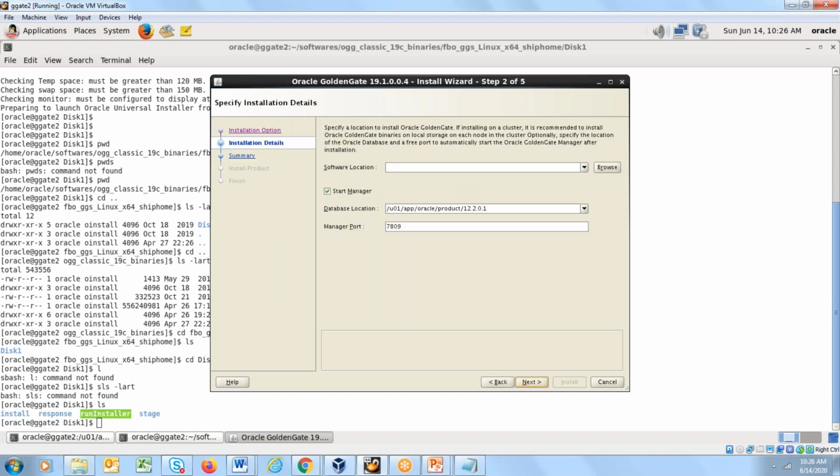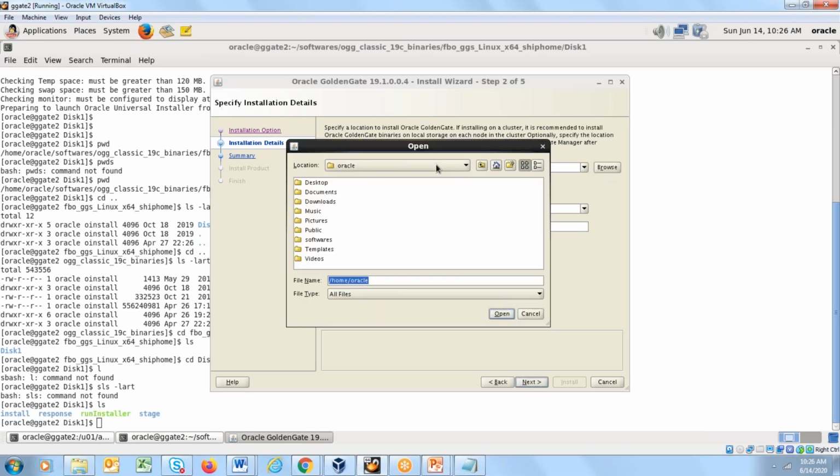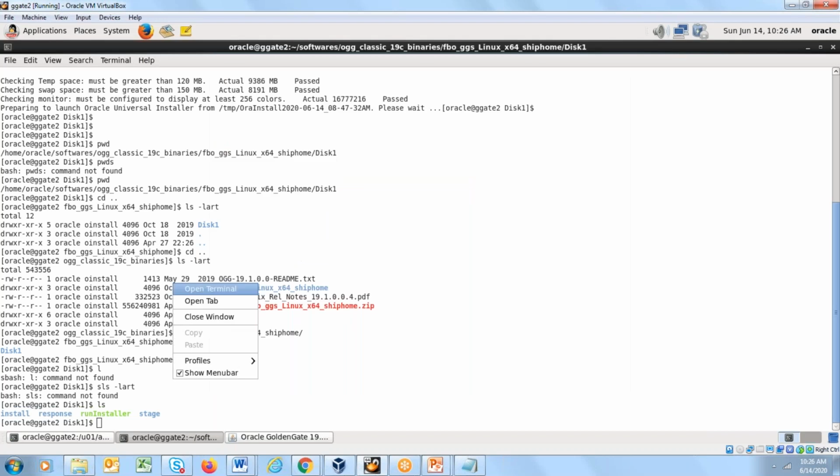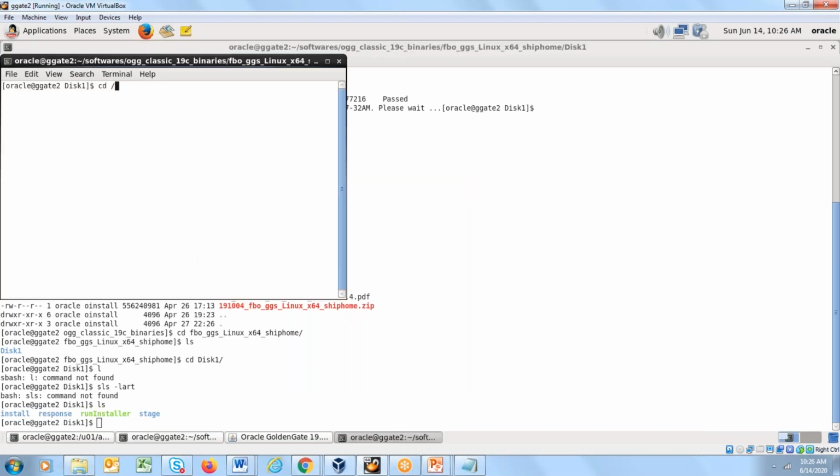Now, once I click on next, it asks for the software location. Software location means where you are going to install Oracle Golden Gate. You can install Golden Gate in any directory. So I'll go to u01 app. I'll install Golden Gate over here.